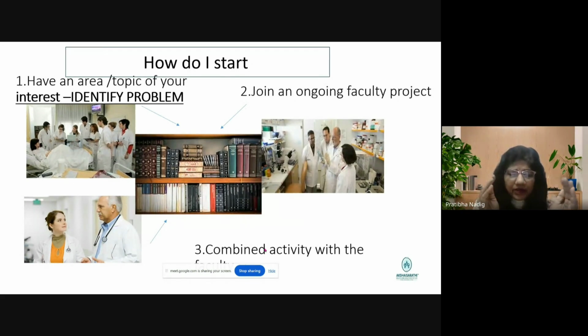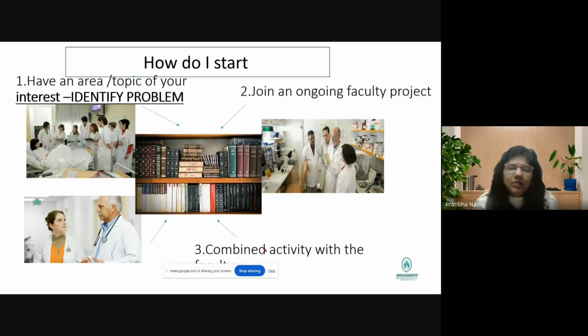And always the combination of a paraclinical or preclinical faculty with the clinical faculty does very well with the student. So on paper, you can have an ICMR guide as a clinician, or wherever the data is coming from, and you can have co-guides, two or three, who will give their valuable inputs. Pre and paraclinical faculty understand the fundamentals. Not that I'm a pharmacologist, I'm saying that, but I have observed that they have some time also, and they would like to get more into research. So you can interact with them, and together you can develop and learn many things. So this is the model, and I feel any of these can work.